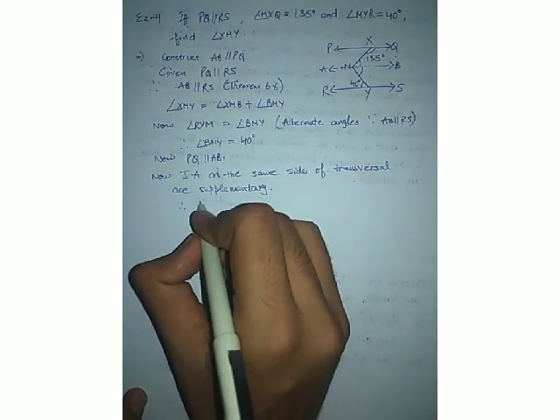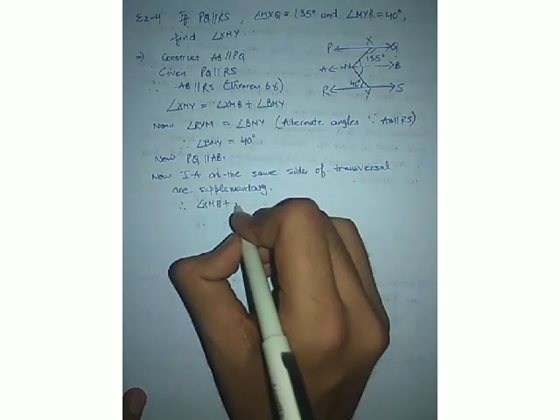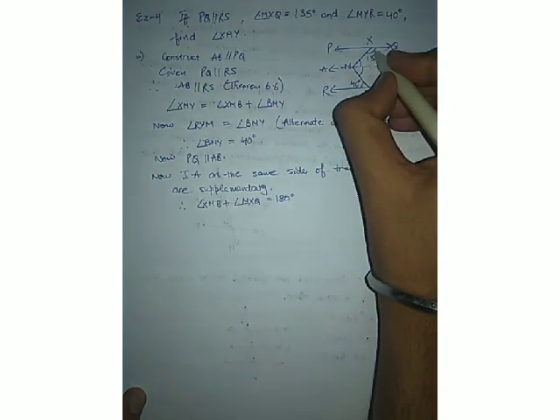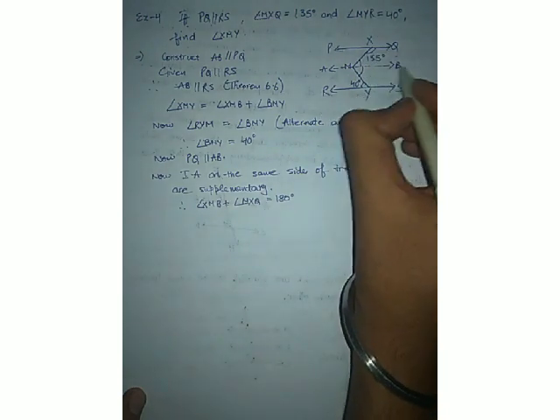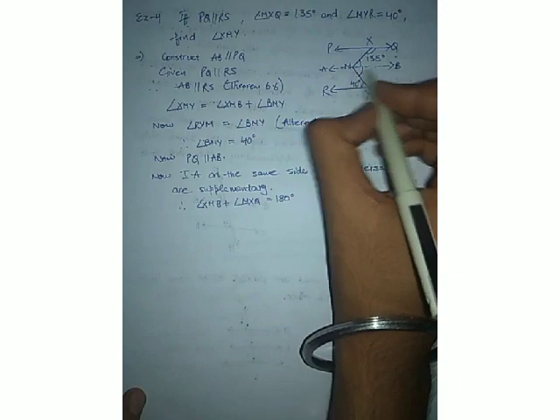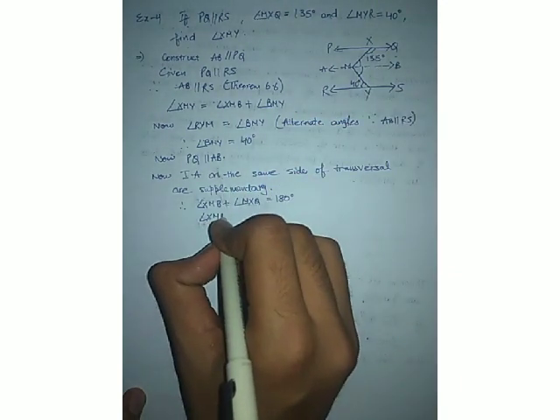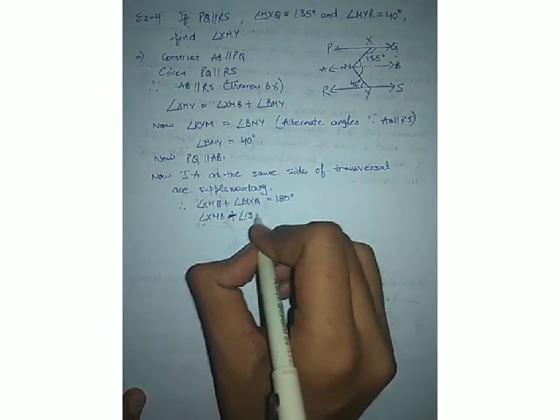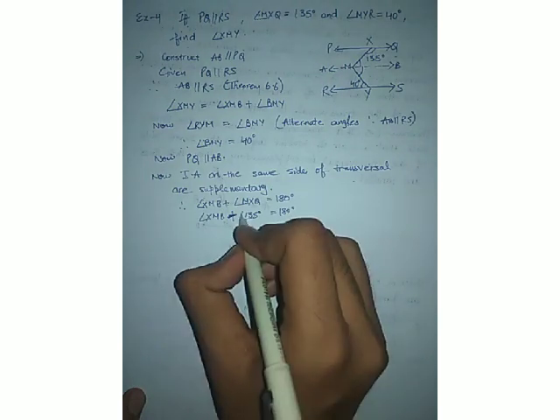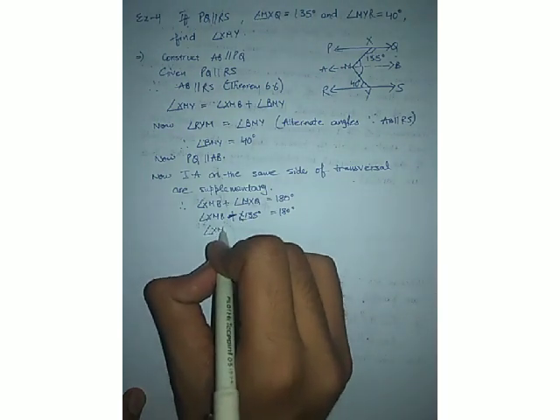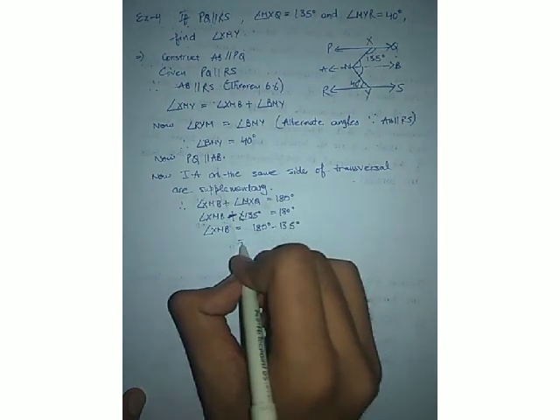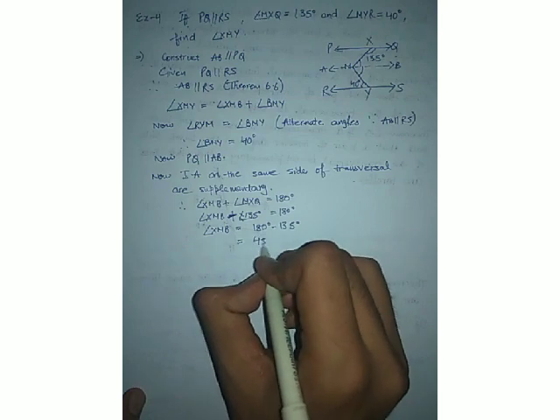Therefore, angle XMB plus angle MXQ will be equal to 180 degree. These two angles are on the same side of the transversal, and these are interior angles as well, XMB and MXQ. So what is XMB? We have to find XMB, and what is MXQ? That is 135. So 135 degree plus XMB is equal to 180, and angle XMB will be equal to 180 degree minus 135 degree, and after subtracting these we will get the answer as 45 degree. XMB is 45 degree.